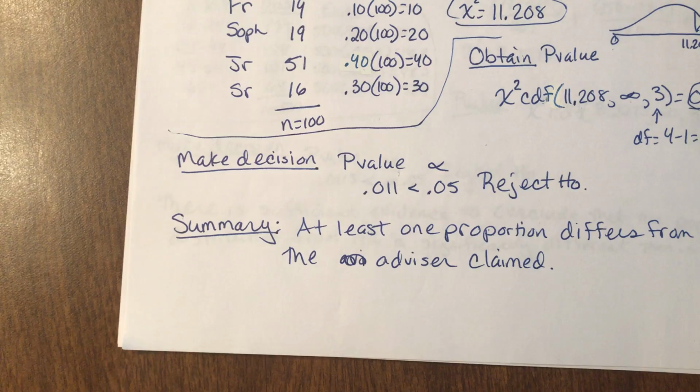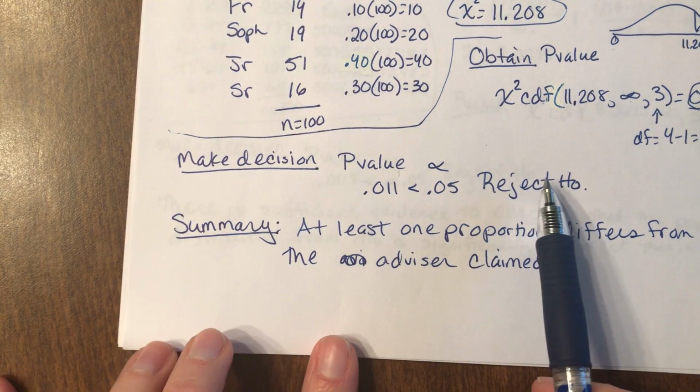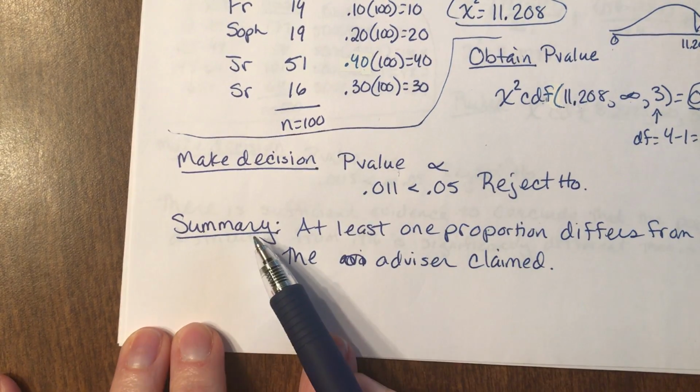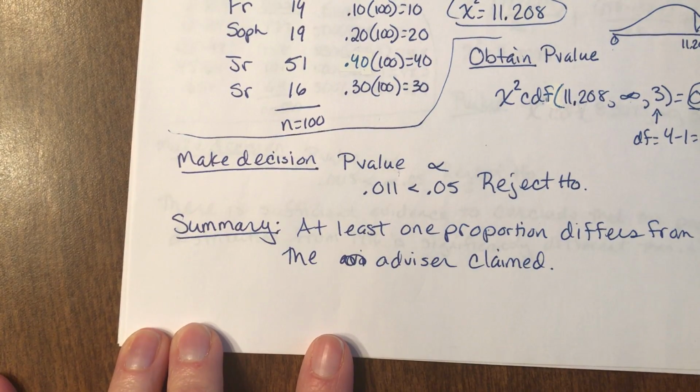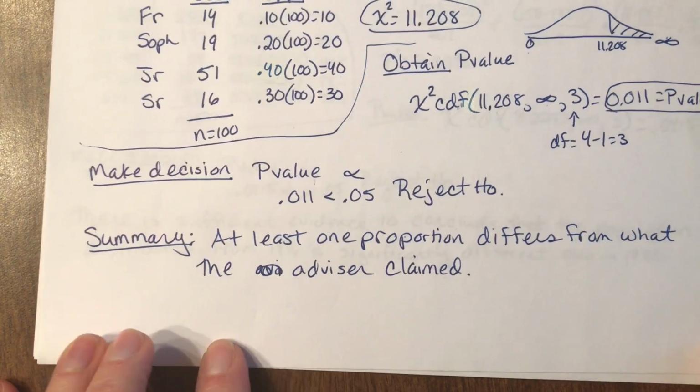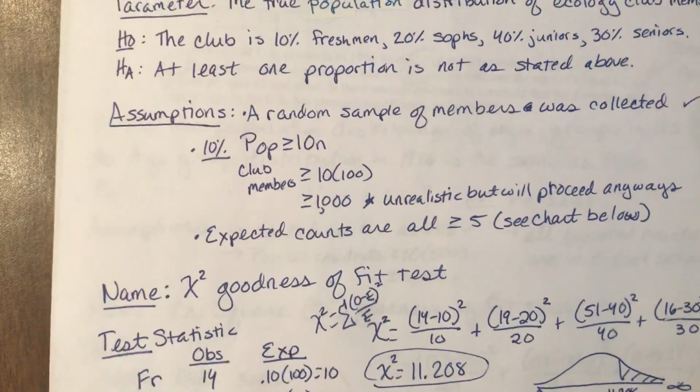Everything else is the same, right? P-value is going to be less than alpha. We reject the null hypothesis, which means that we can conclude that at least one proportion differs from what the advisor claimed. All right. So then if we look at the next problem,